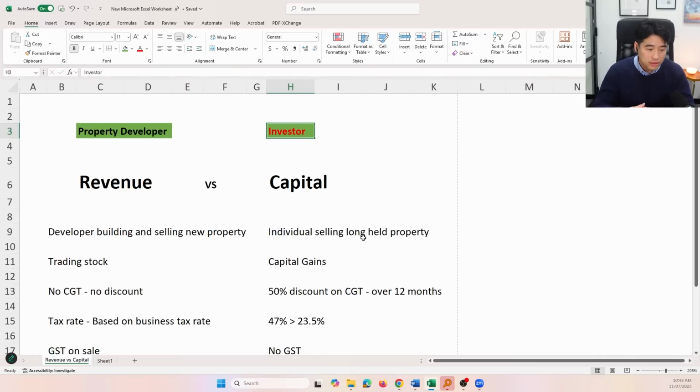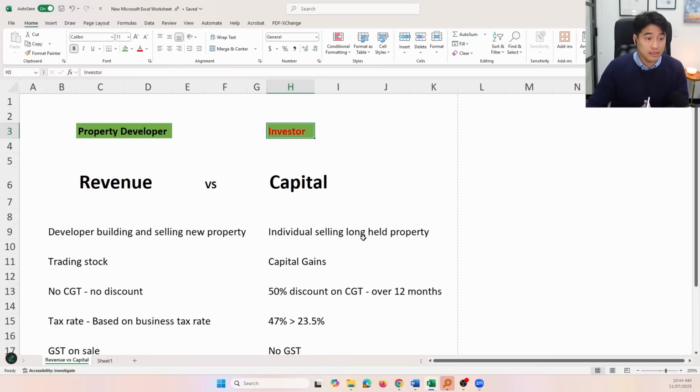So very similar to me buying this calculator. If I'm in the business of buying calculators and selling them, I buy them for $10 and I sell them for $50. Let's just say that there's a massive markup. So I sell them for $50, but I get them for $10 from, say, China. If I do that, that's on the revenue account, and that's me running a business. I'm not technically a property developer, but I'm running a business and selling calculators. I might touch it up, I might put packaging on it, might put a brand on it, and then I sell it for $50.